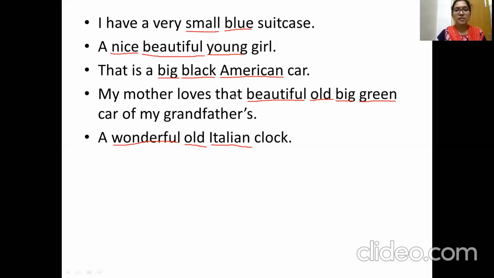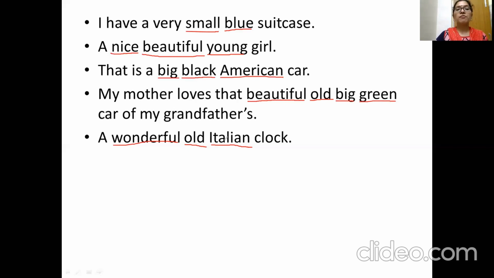In the fourth sentence, we have also used that in the beginning. Then beautiful is opinion, old is age, big is size, and green is color. And in the last one, wonderful is opinion, old is age, and Italian is origin.